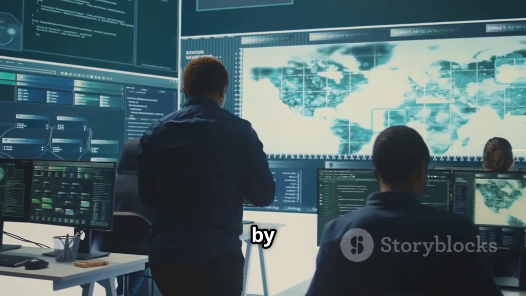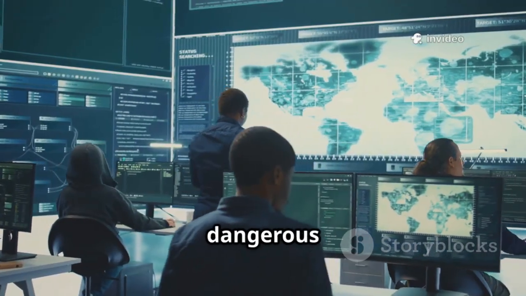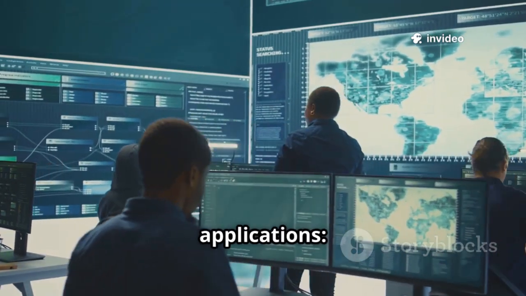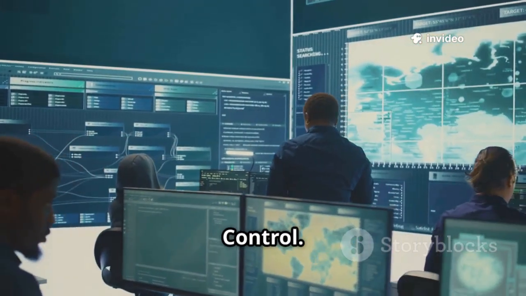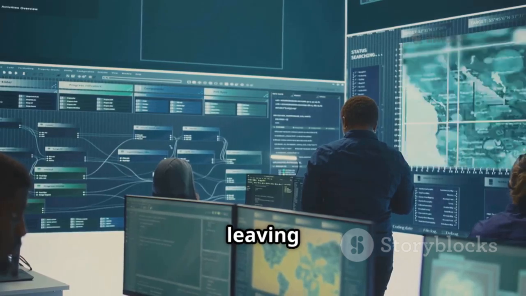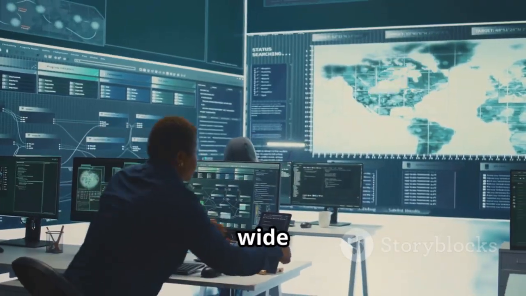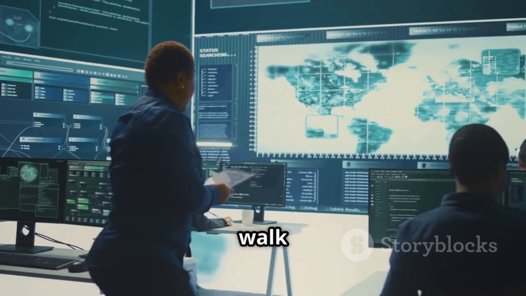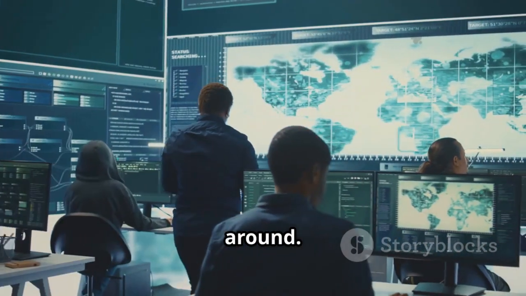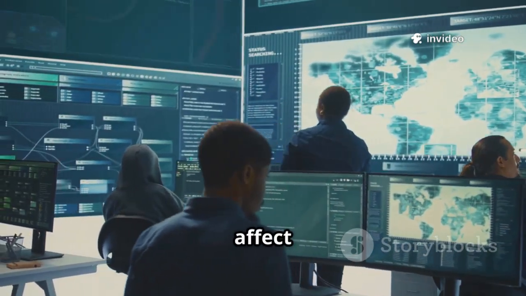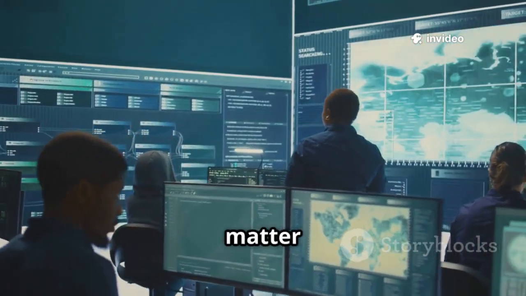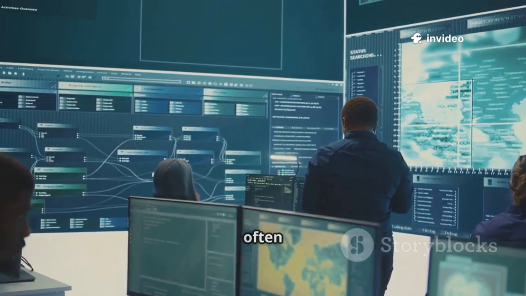Let's kick things off by diving into one of the most common and dangerous security flaws in modern applications: broken access control. This issue is like leaving the doors to your digital house wide open, inviting anyone to walk in and take a look around. It's a vulnerability that can affect any website or app, no matter how big or small, and it's often overlooked